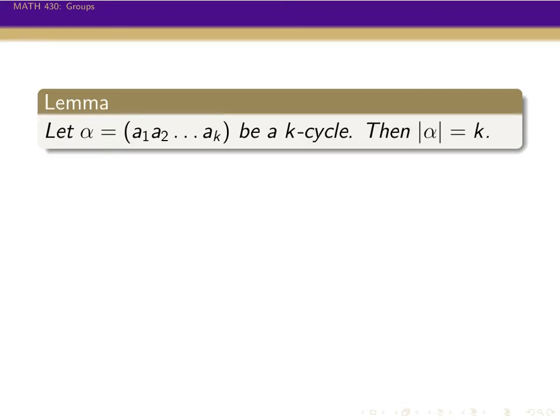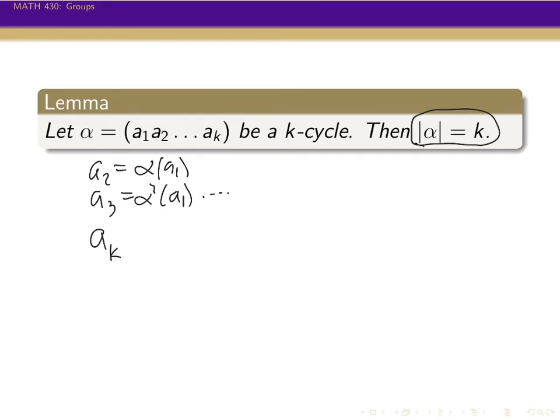Okay. So what if we take a single k-cycle? We take a permutation that is just one k-cycle. Well, then the order of that permutation is going to be exactly k. And again, this is pretty easy to figure out because, remember, the whole idea here in this cycle is that a_2 is equal to alpha applied to a_1. a_3 is equal to alpha squared applied to a_1. And so down the line, when we get to